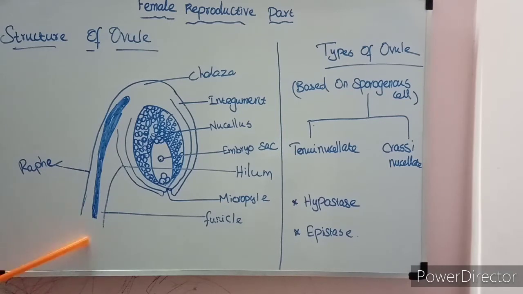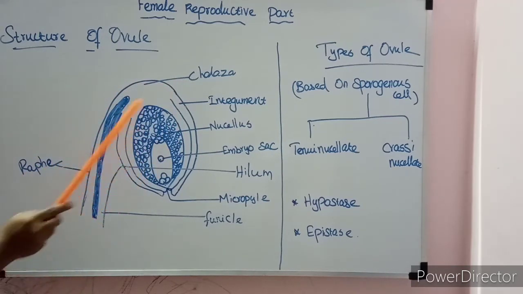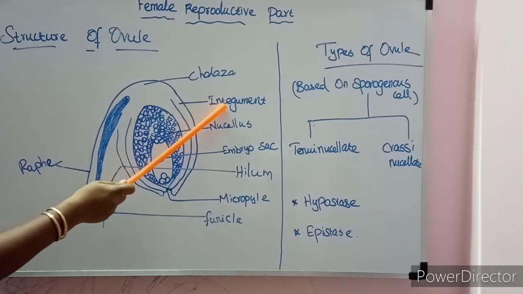The stalk is otherwise called the funicle. So the funicle is present at the base. This funicle attaches to the body of the ovule. That attaching point is called the hilum. The junction between the ovule and funicle is called the hilum. The ridge formed where the funicle grows together with the ovule is called the raphe. Are you able to follow me? The ovule is protected by a protective layer, one or two layers, called integument.